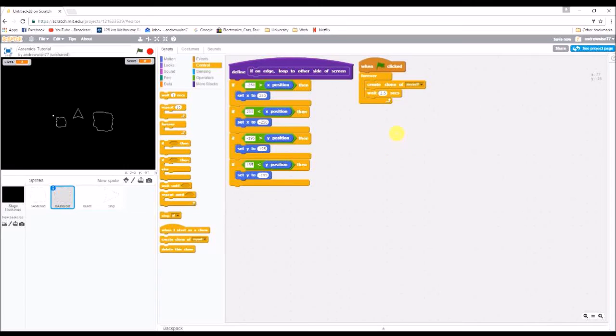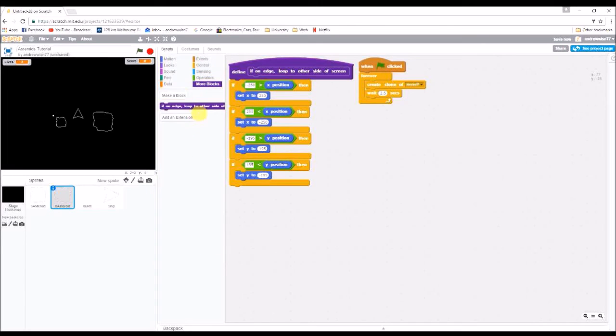Okay, so the next thing we need to do is define our game over. We're going to go into more blocks, and where we did this, we're going to make another block. We're going to call this one game over, and we want to put a score value in there so we can use that later. So we're going to put in score,